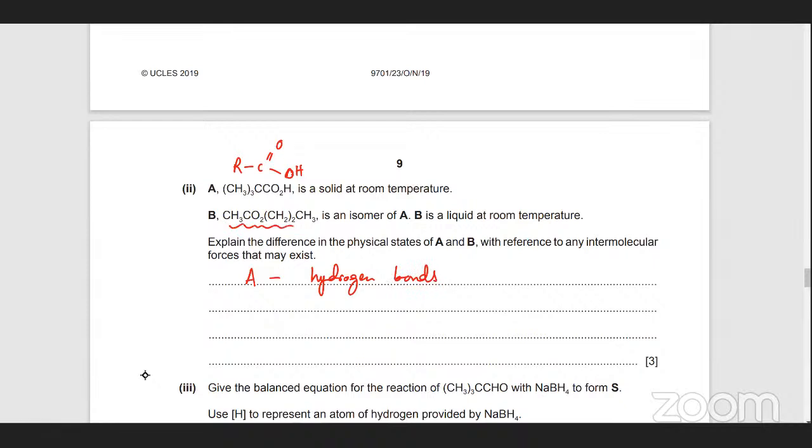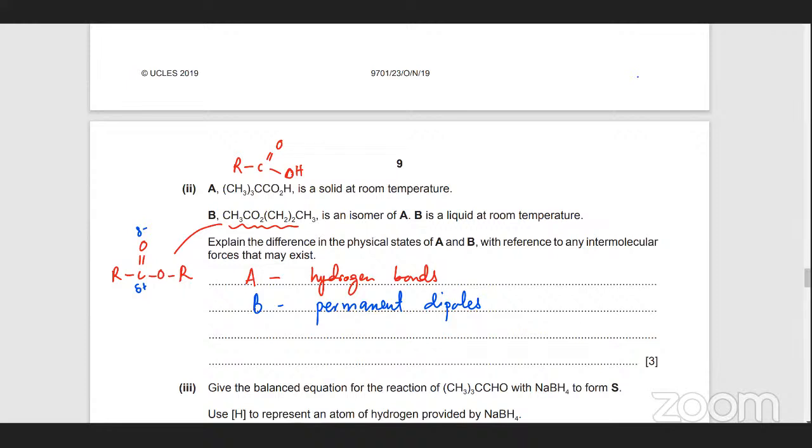What is this molecule? This molecule is an ester. An ester is a carbon chain with a double bond O and O in the middle, and followed by another carbon chain. What intermolecular forces would B have? Van der Waals was involved. Yes, van der Waals, but is it a polar molecule? Yes. The permanent dipole. Okay, so it's the oxygen is partial negative, the carbon is partial positive. So B has permanent dipoles. I said both of them have van der Waals forces. Okay, van der Waals forces are always there, but since the sizes are exactly the same, the van der Waals forces are not a factor in determining which one has stronger or weaker van der Waals forces. Now,